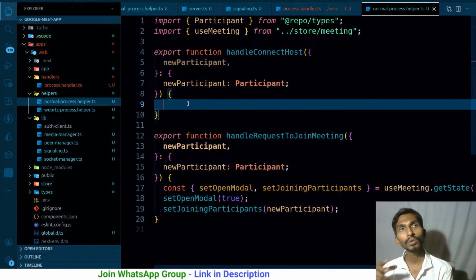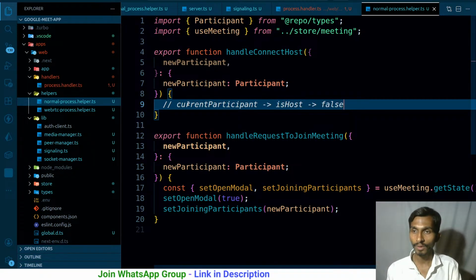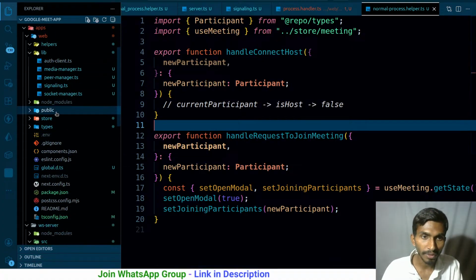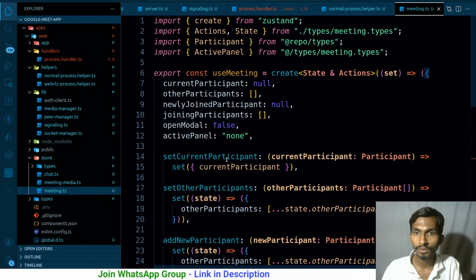Why do I need to inform the host? Because I had the information, so I had the current user, right? So current participant, but the value of is host was what was false here. If I show you the current user inside my meeting participant, so if I go to the store meeting.ts, I